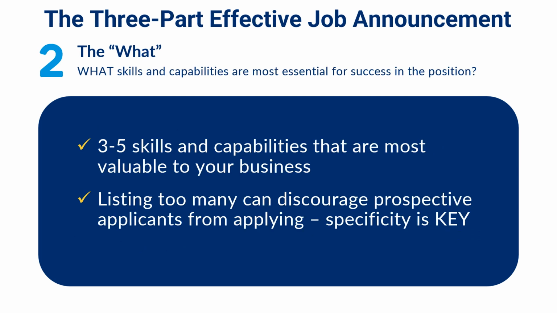Part 2 is the what. Recruiting the traditional way means that you have a long list of requirements. You get a bunch of candidates that you narrow down through reviewing, screening, and interviewing, and potentially you are left with candidates who don't quite fit exactly what you're looking for. Think of this part of the process as front-loading those decisions.